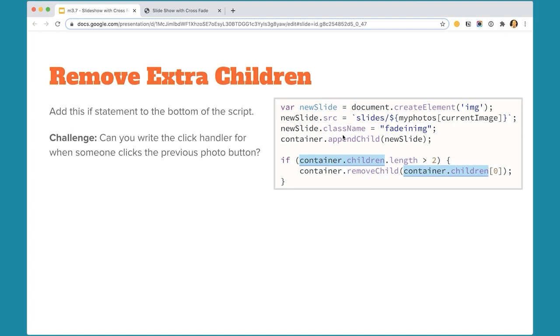So that means you'll have one image and then you'll put another image on top. And as soon as you click next and add a third image, the one at the very bottom of the list will go away so that you never have more than 2 in the list. And I think that makes the script a little bit better, keeps our DOM a little bit cleaner because we're not continuing to add more and more elements every time somebody clicks the link for next. So let's go ahead and add this to our